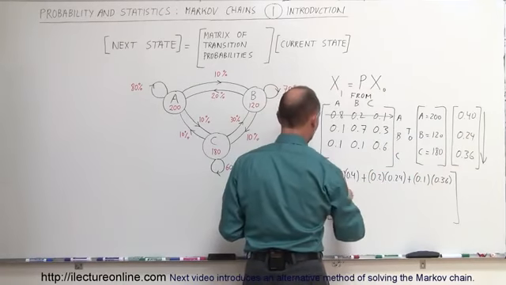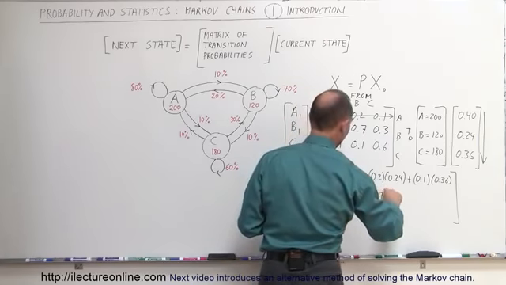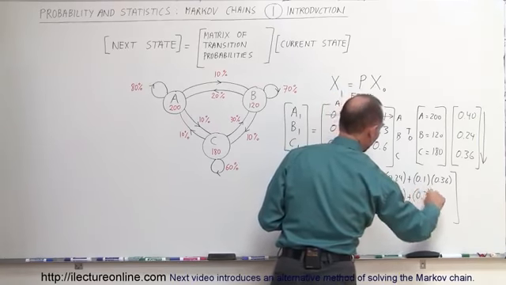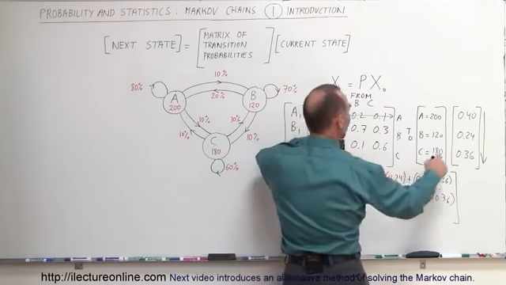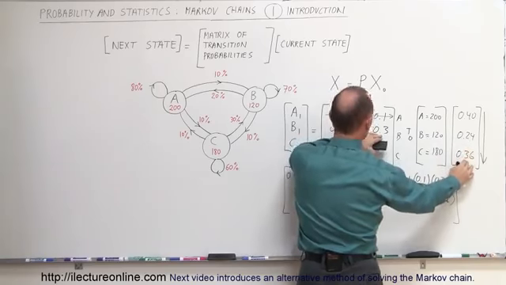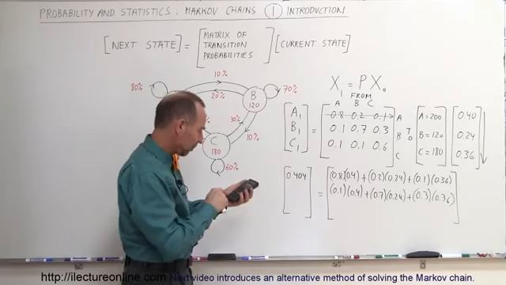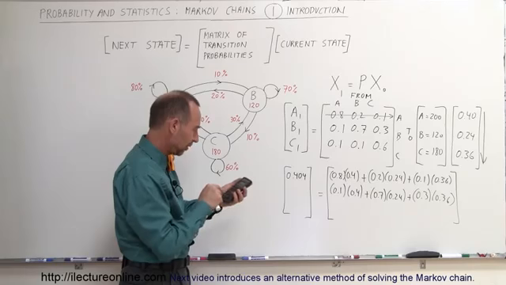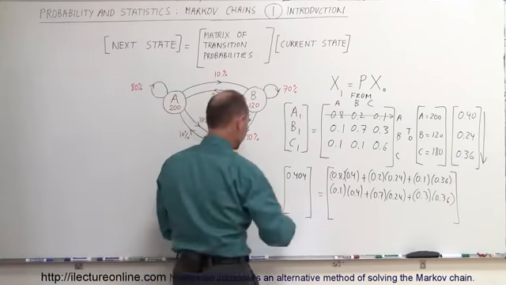So this becomes 0.1 times 0.4 plus 0.7 times 0.24 plus 0.3 times 0.36. Again, the way we do that is to multiply 0.1 times 0.4, 0.7 times 0.24, 0.3 times 0.36. So we go horizontally here and vertically there. So when we calculate that, we get 0.04 plus 0.168 plus 0.108 equals, and the next one is going to be